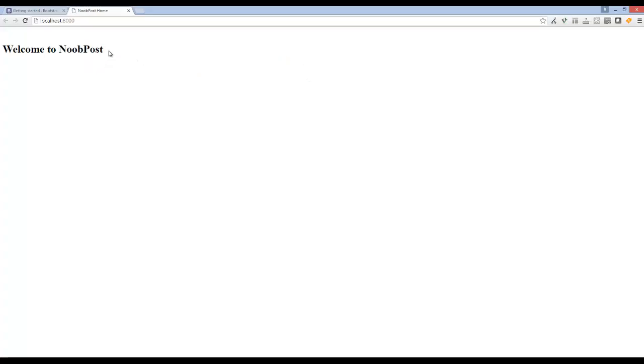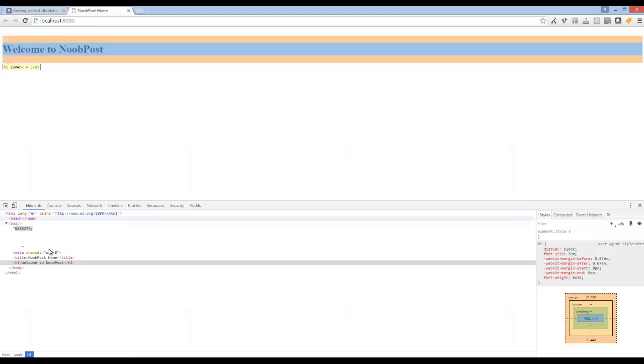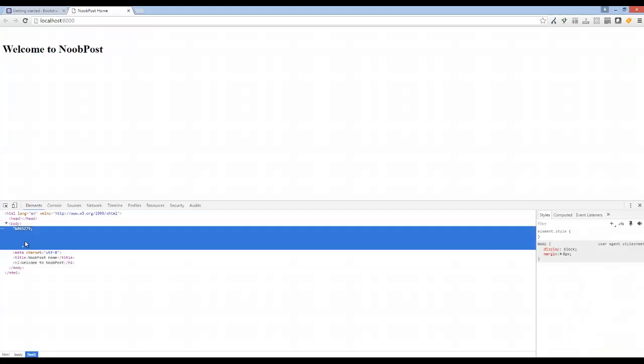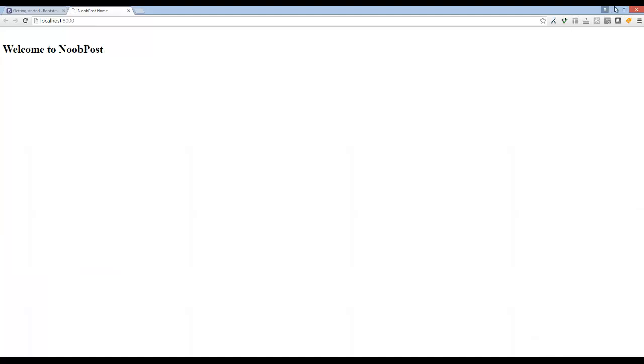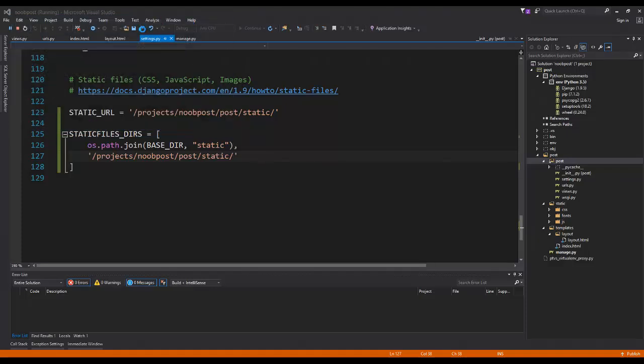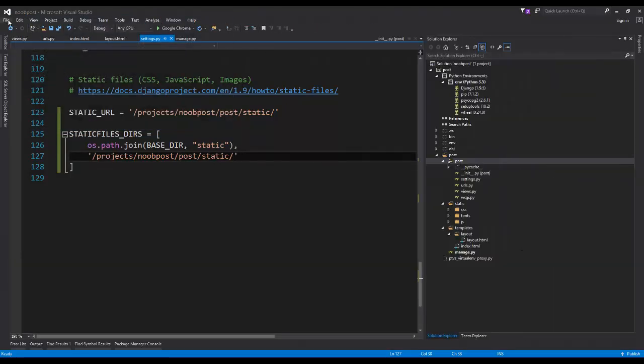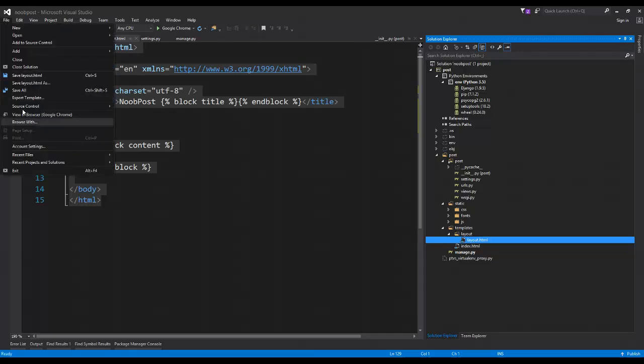Alright, so now you can see we actually have our web page being rendered, so our templates and all that stuff is working, so that's good. Now, if you're on Windows, and especially if you're using Visual Studio and you notice this weird gap in Chrome, it's a weird issue, and I'm probably going to save you a ton of time if you've ever had this problem. All you have to do is go over to File for the layout page, and go File,